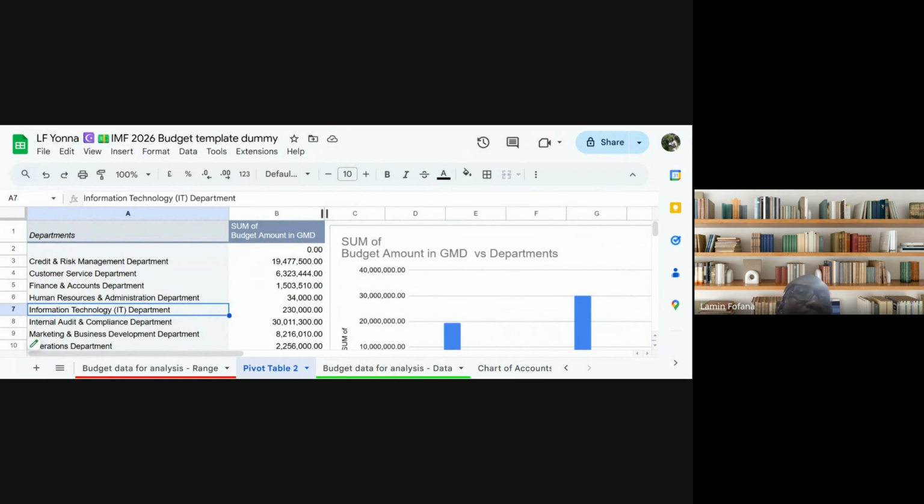Mm-hmm. Now, you know, a column, you want to add a column there. You understand? Like maybe